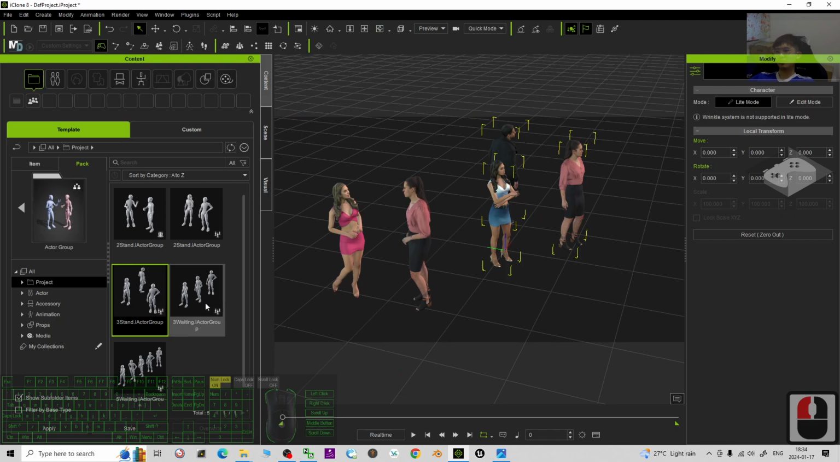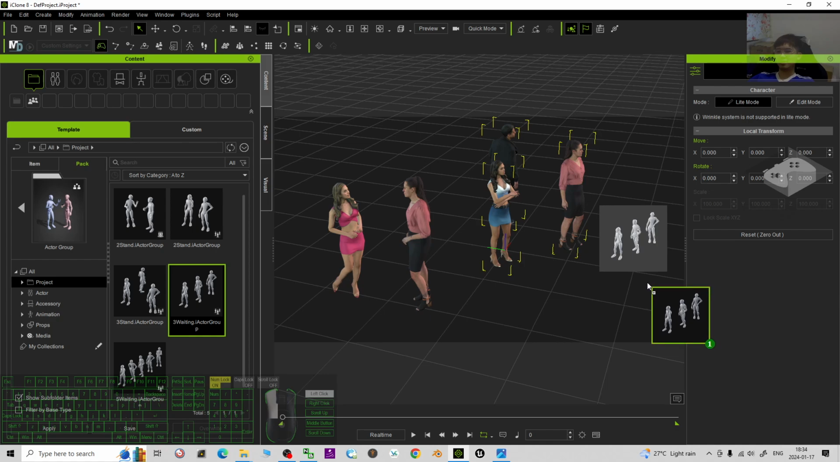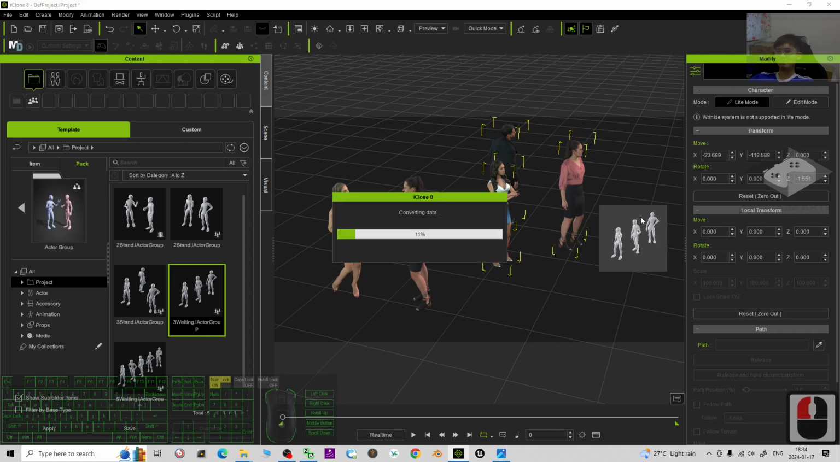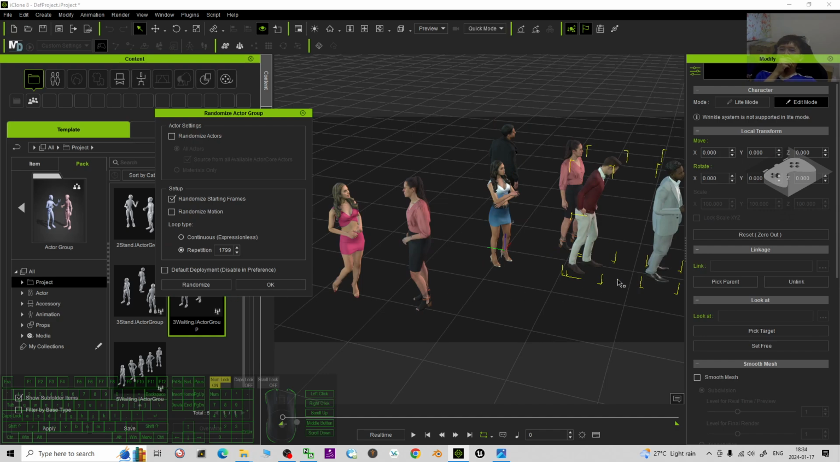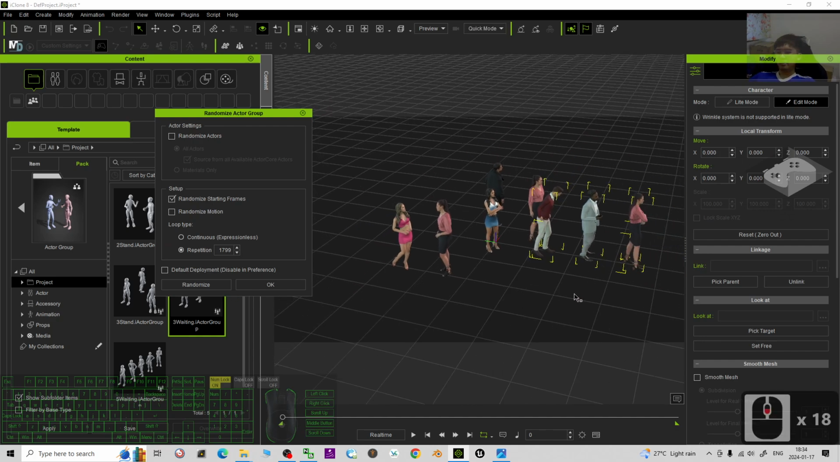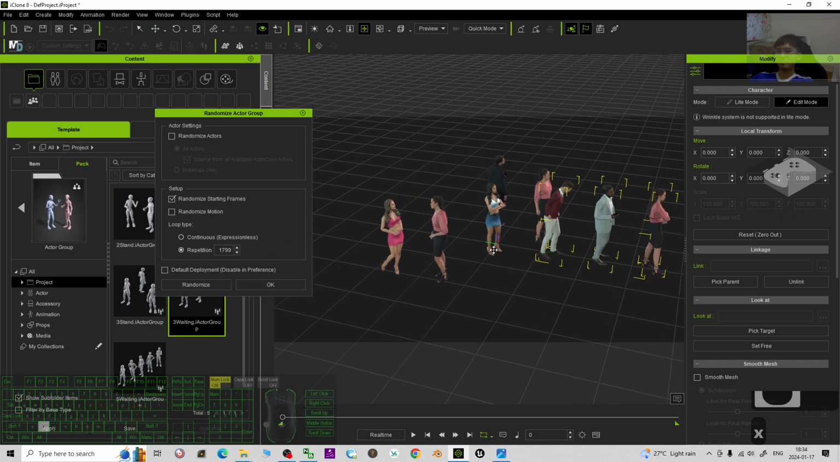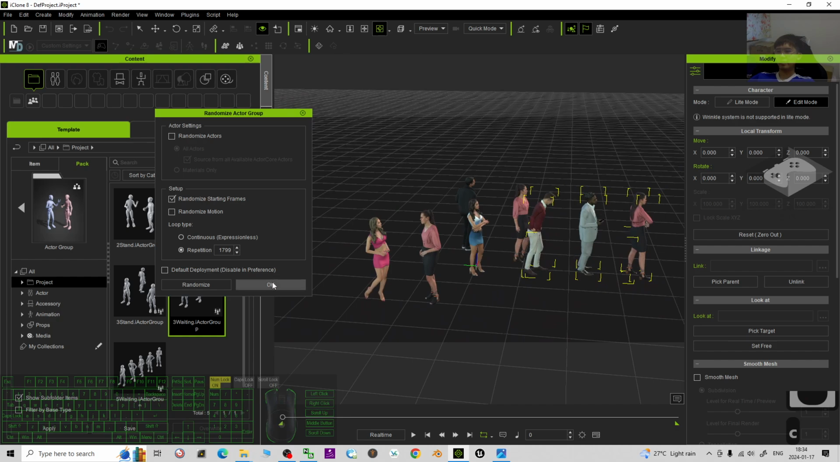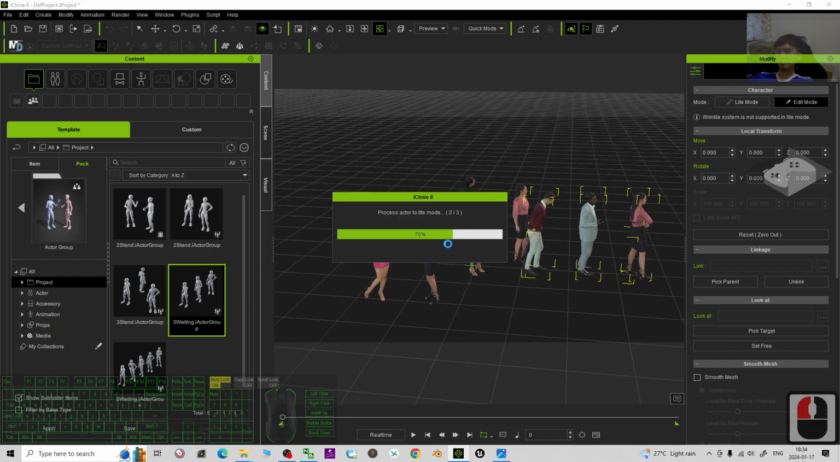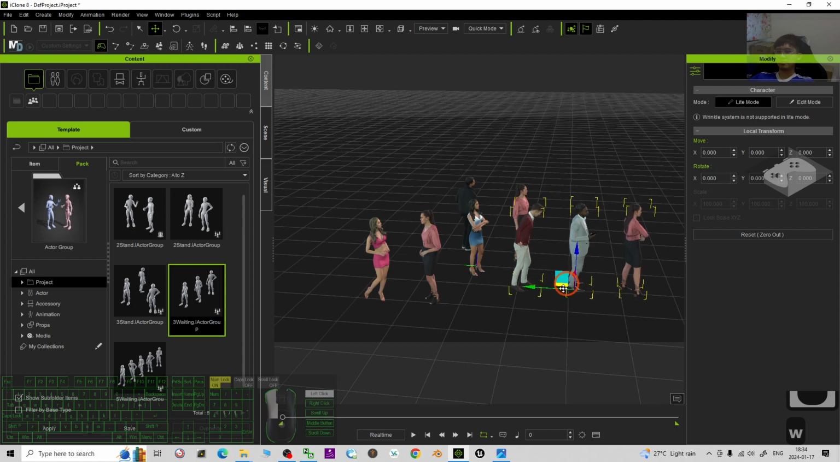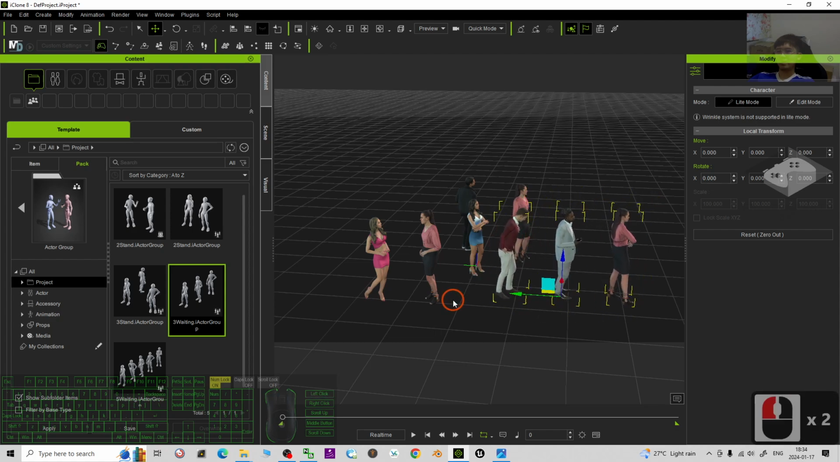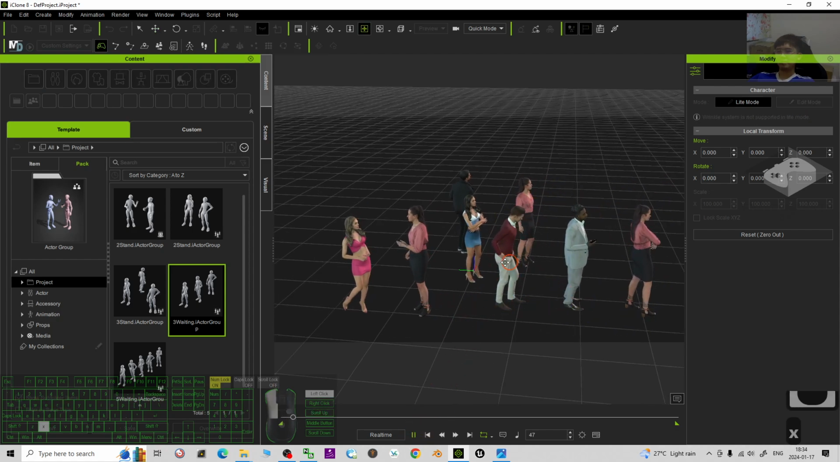Then I may just drag another actor group, drag and drop here. These are people lining up, all waiting. Alright, then I click OK. Just move it like this. Alright. So if you try to play,